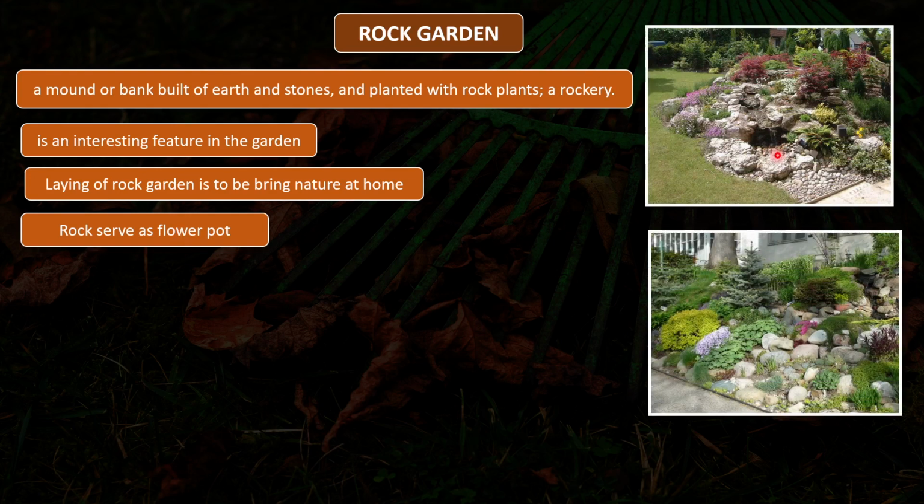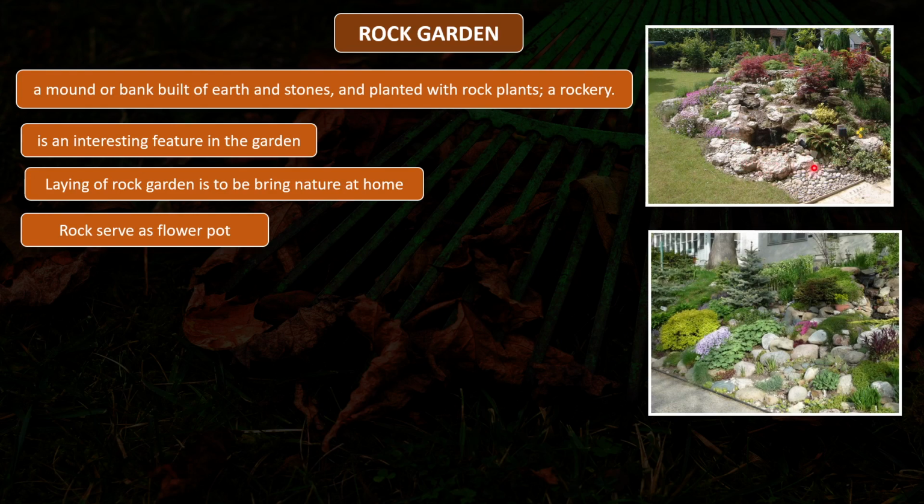So if you see these two pictures, you will be able to understand what a rock garden is. In this picture, you can see that this is made in a garden. This is a green garden, maybe a home garden, and at the corner of this garden this rock garden is made. So we can say that this rock garden is a part of this whole garden, right? This is an artificial rock garden, but as you can see it looks natural also.